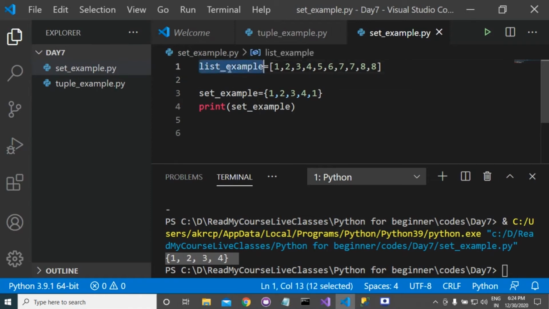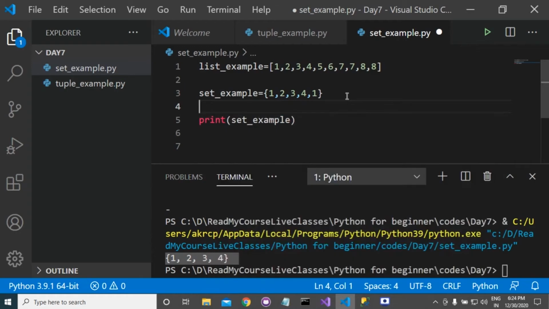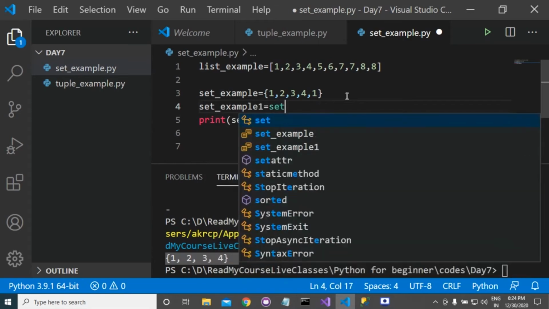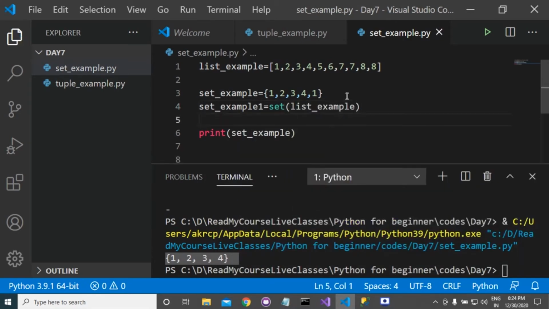If you want to remove the duplicate members, you can just create set example 1 is equal to set of this list example. Now this list will be converted into a set, and again you print this.